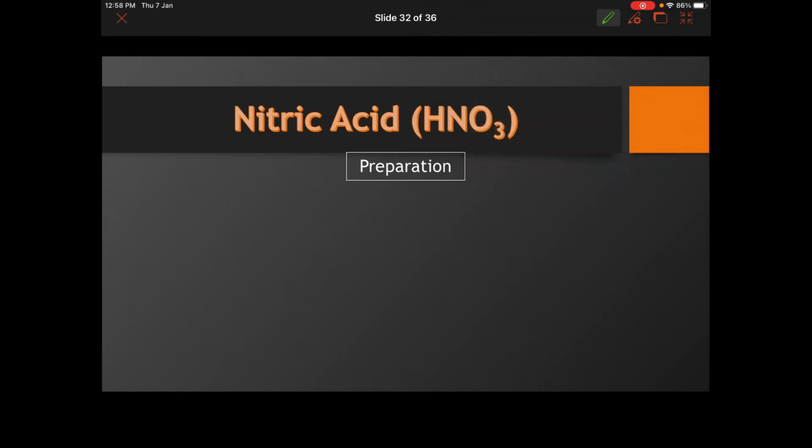We will start with the preparation of nitric acid. Again, two major preparations: laboratory scale and commercial scale. At laboratory scale, the preparation of nitric acid is very simple. You take a nitrate salt of any metal, potassium nitrate, sodium nitrate, cesium nitrate, anything easily available in laboratories, and react it with H2SO4, sulfuric acid, heating to a temperature of 470 Kelvin. You get the main compound as HNO3, right?